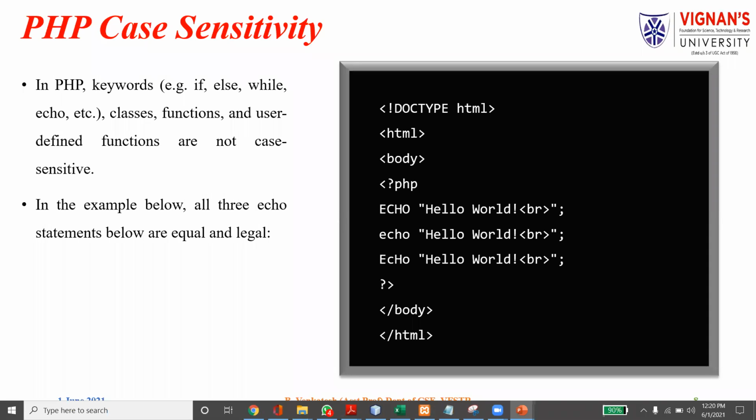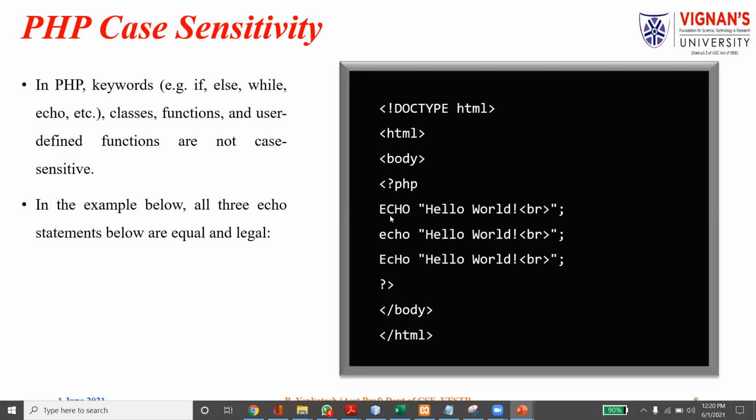In PHP, some things are case sensitive and some are not. Keywords like if, else, while, echo, etc., can be used in any case.